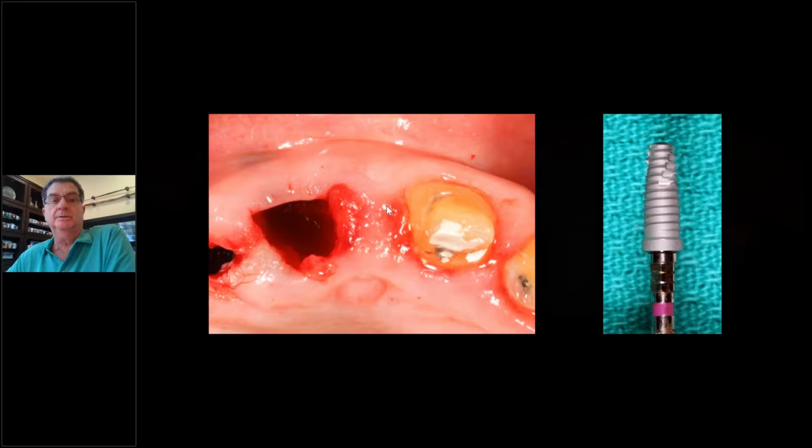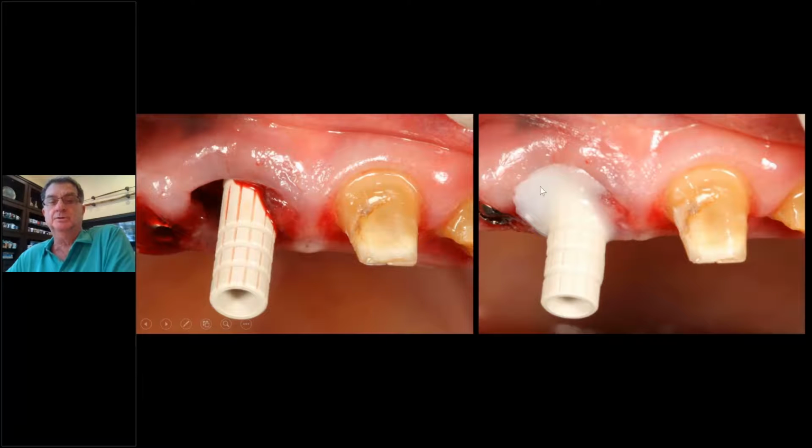I'm going to put an implant in, and then I made a custom healing abutment. Now, that's before we had the eye shell that we have today. But look what we had to do. See, this collapsed in already. The free gingiva collapses in, as you all know, once you get the tooth out. The implant's in the right position. So what we did, Steve had to make the temporary, so he put the PEEK material on, and notice the free gingiva collapsed in here. And so this is what the eye shell prevents. The eye shell would have been put in there, and this wouldn't have to be collapsed in. This makes more work. The eye shell helps you speed this up.